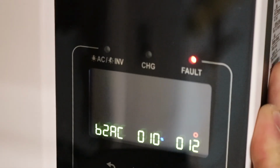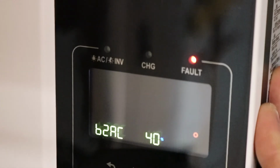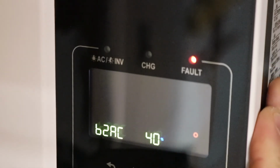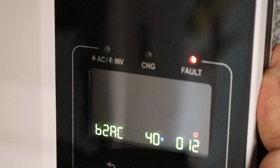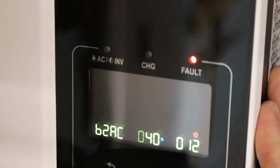And if you basically lose all of your charge in your batteries, you could lose the battery completely. I'm okay with going to 15%, but it won't keep anyways. The lowest I can actually set it to is 40%. So I don't like that, but hey, that's what it is, so we're going to live with that one. Let's go up to